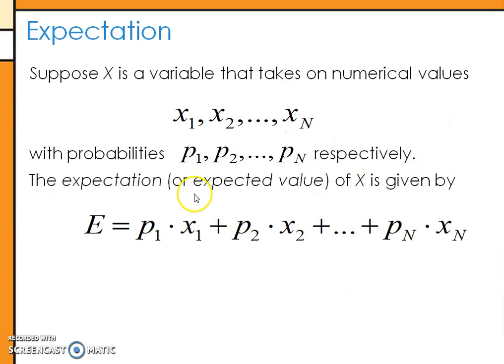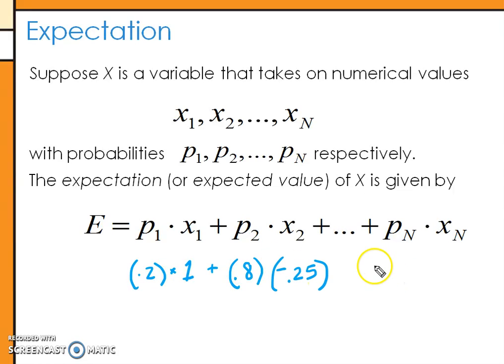Same thing, probability times outcome; we'll fill it in on this one too. What happens if you get it right? You get 1 point. The probability of that happening is 1 out of 5. So probability times the outcome. The probability that you get it wrong is 0.8 or 4 out of 5. What happens if you get it wrong? You lose 1/4 point. And if you leave it blank, you could also think your probability of getting it right is 0, and you get 0 points. You could put that one in there too. It doesn't matter. Okay, so if I multiply those and add them all up,